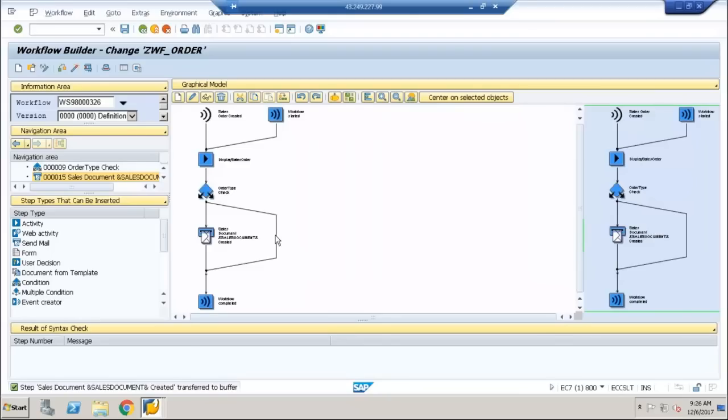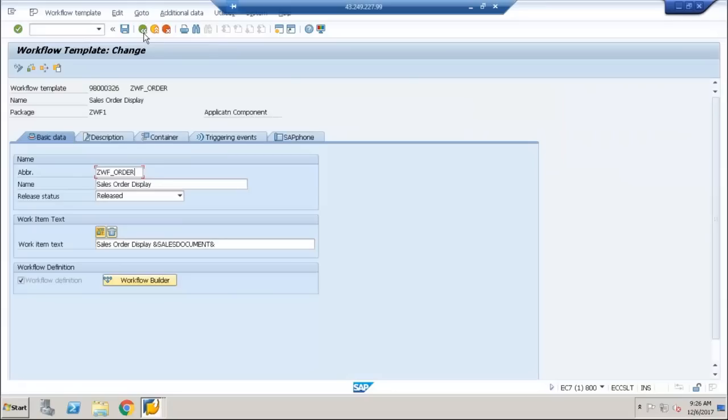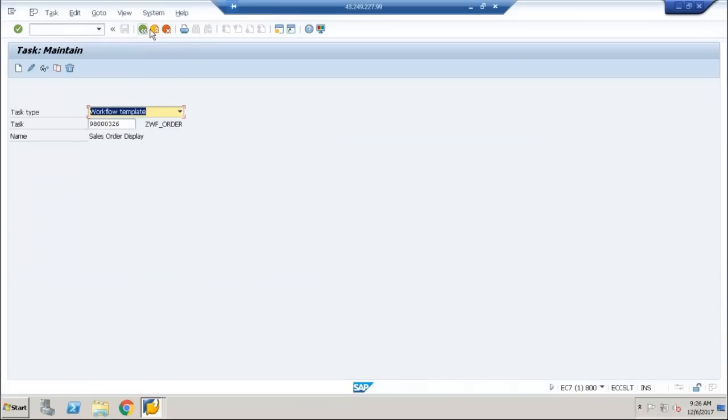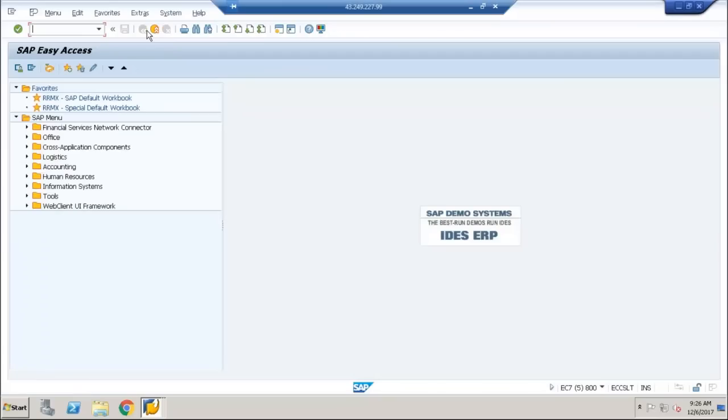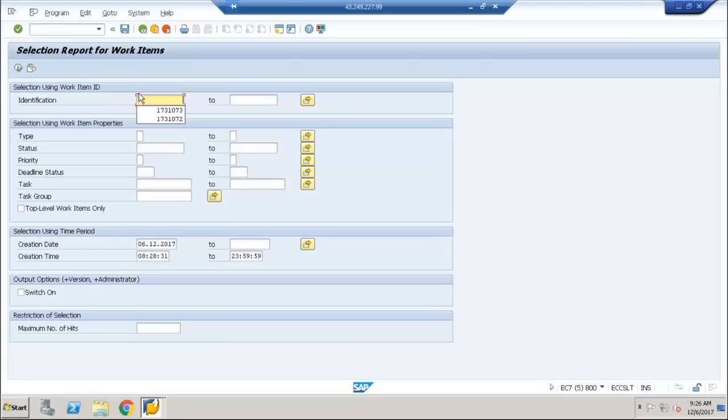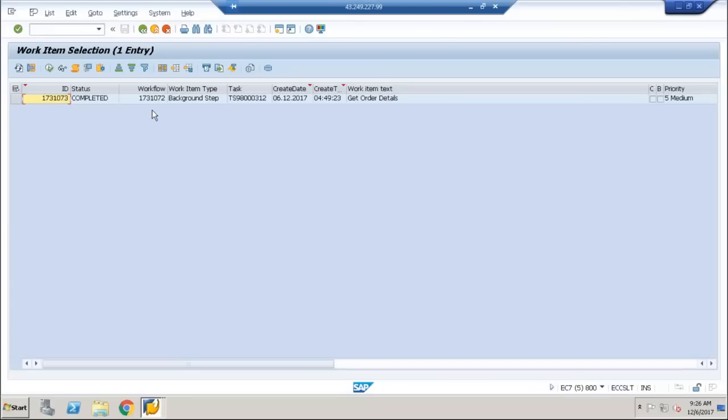But before going to this part, before going to the workflow change again, we'll see some transaction codes and the logs, how we can see them. Now we have seen SWI1, and this is the work item. If you know the work item ID or anything, if you identified it and want to